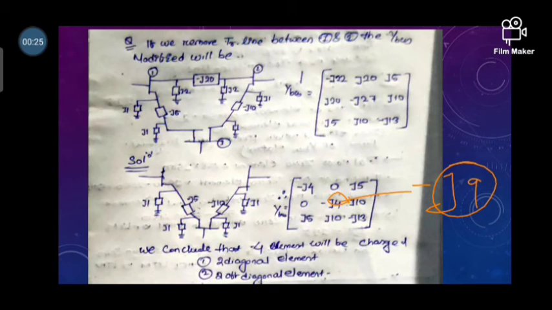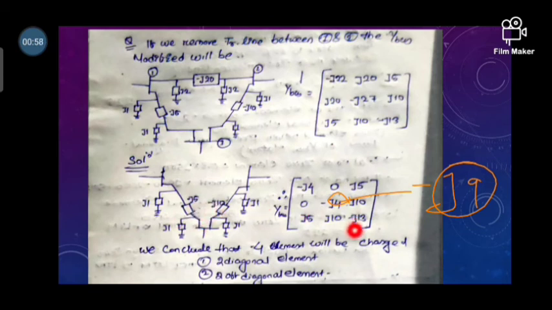Like that, in your bus number 3. Bus number 3, what are the elements? I have already told you that all the elements 1, 2, 3, 4, 5, all the 5 elements remain the same. So see here, the element connected to bus number 3 is j1 minus j5 minus j10, that is minus j15, plus j1 plus j1, that is equal to minus j13. So adding all this, you will get minus j13.